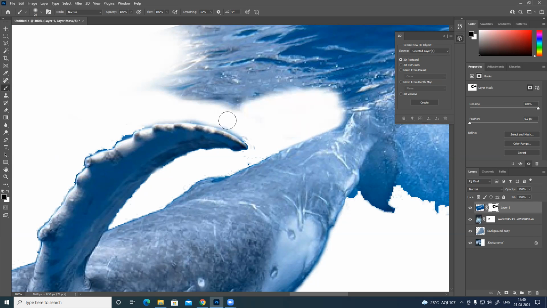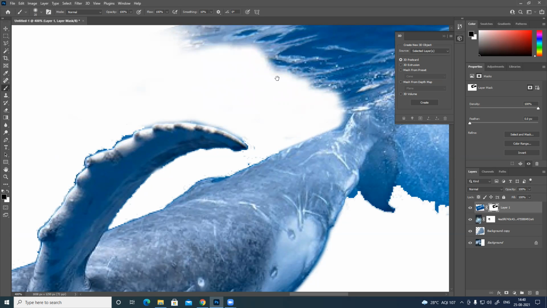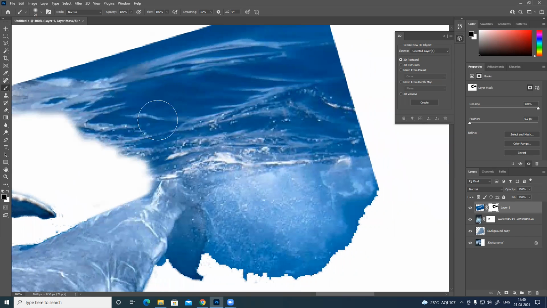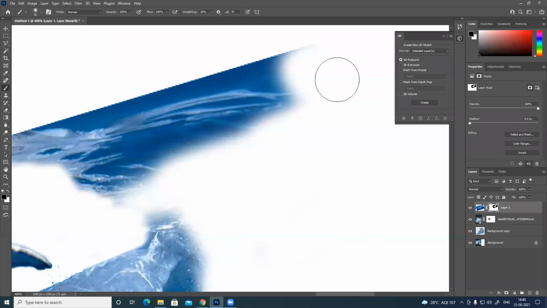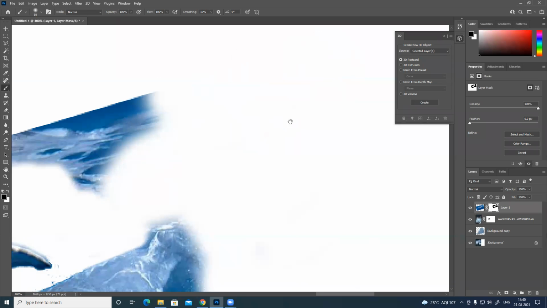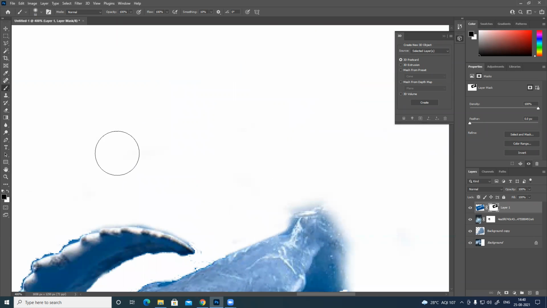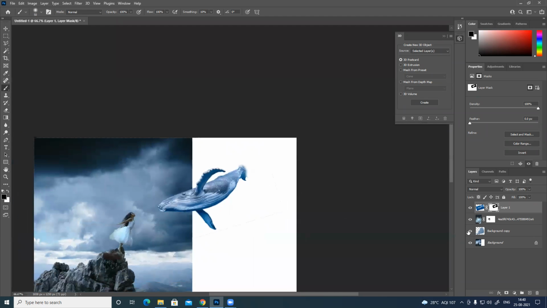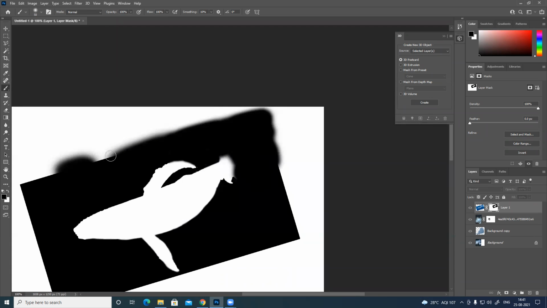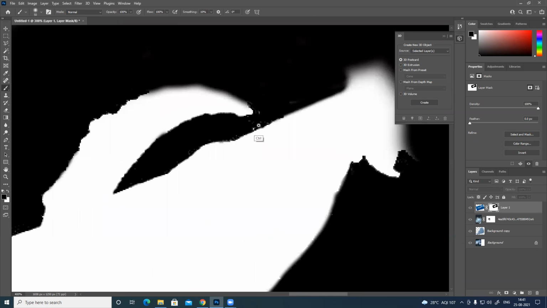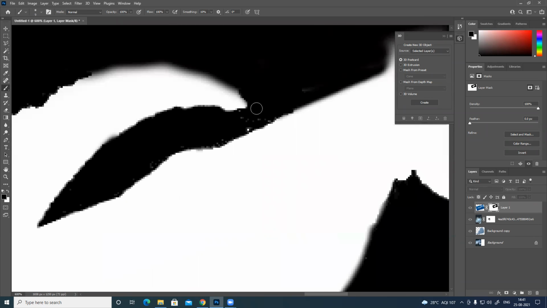And just remove all those unwanted parts. As it's flying, so water I have to remove completely. And I can just double check. I can click on the mask and check like everything is perfectly clean. If there is anything unwanted, you can see there's a couple of pixels here and there, and get rid of those things. Clean, nice selection.